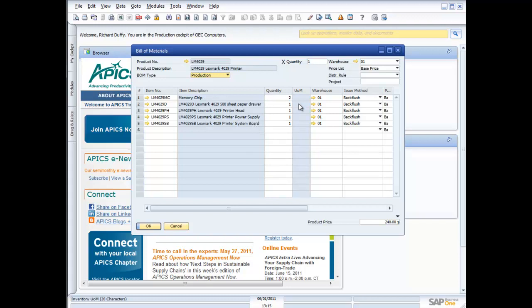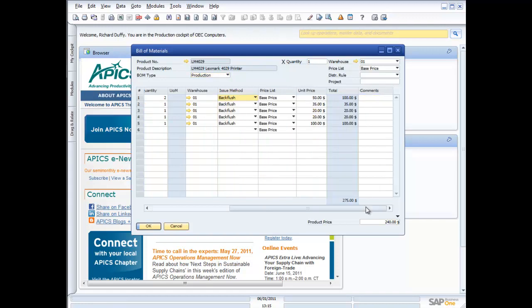So I'm putting in the quantities that I have, the warehouse that I'm pulling them from, and the issuing method. I'm either back flushing or I'm manually issuing the product against the production order. A couple of other things I've got in here: I've also got the base price that I use for the component items, and then I'm going to assemble my